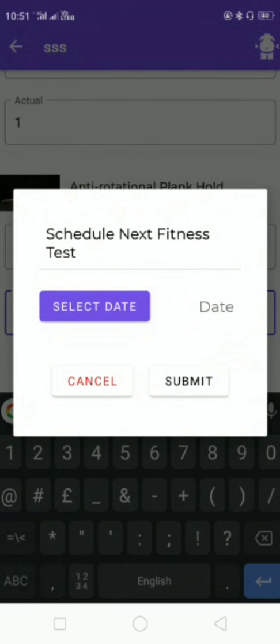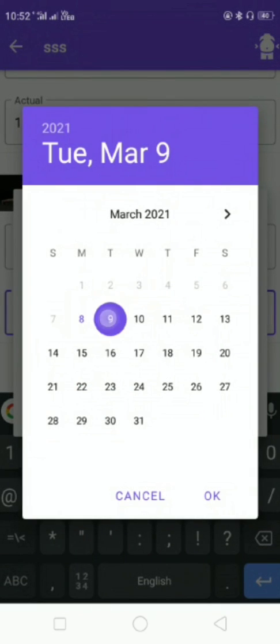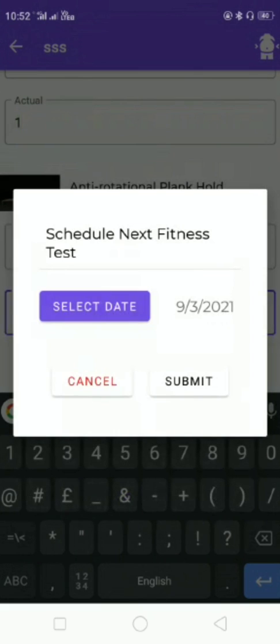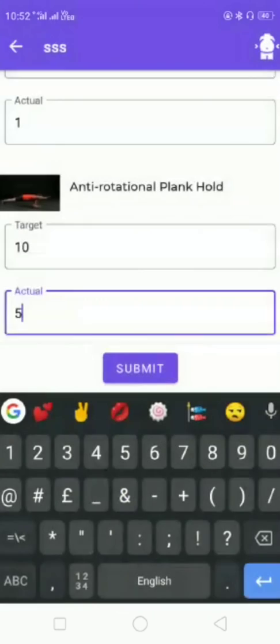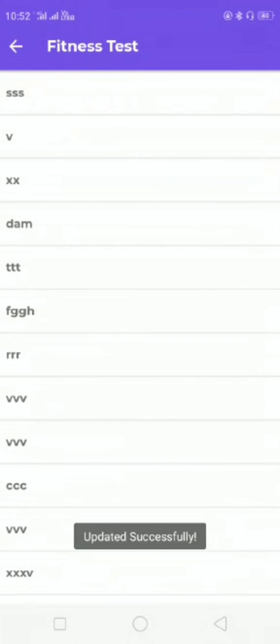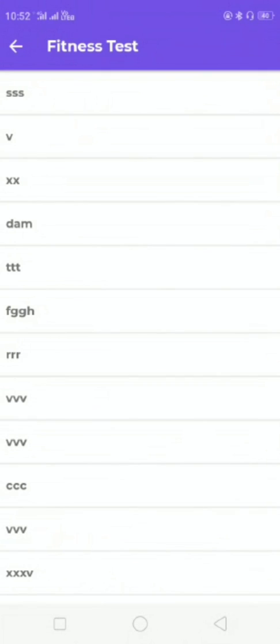Schedule next fitness test, select the date, okay, and submit it. Fitness test is assigned now.